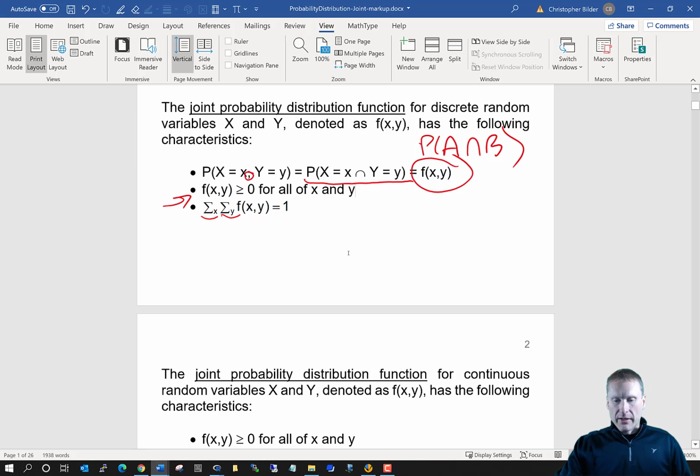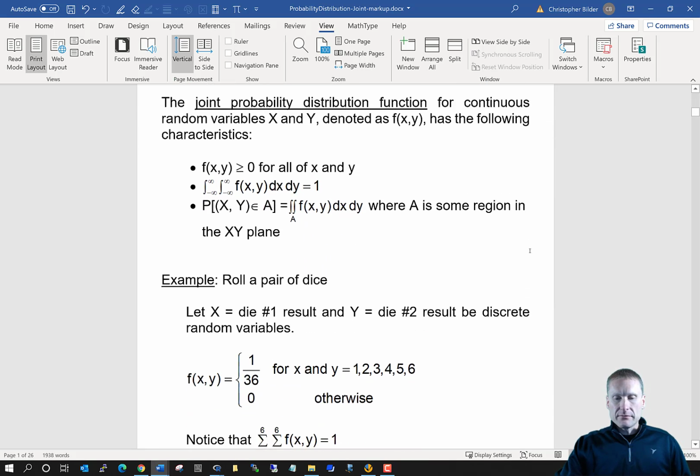Now, with respect to a continuous random variable, we can have a joint PDF as well. F of xy is always going to be greater than or equal to 0 for all x and y. To find probabilities, now we replace summation with integration. So if I were to integrate from negative infinity to infinity for x, integrate from negative infinity to positive infinity for y, f of xy dx dy, I will get